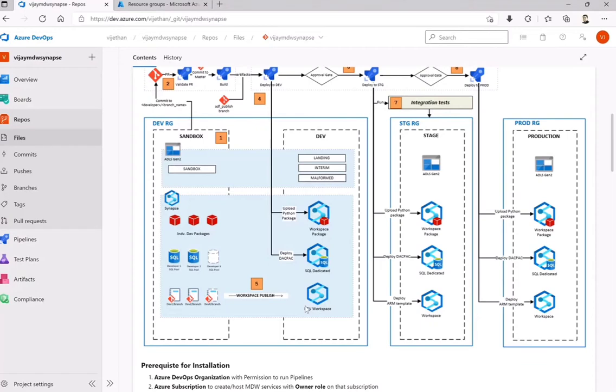While we do the practical during the demo, I will show you how that workspace, the complete artifacts along with the configuration data, is applied at this stage. Exactly the same structure is replicated to staging, and similarly for your production. This helps us from the development perspective.